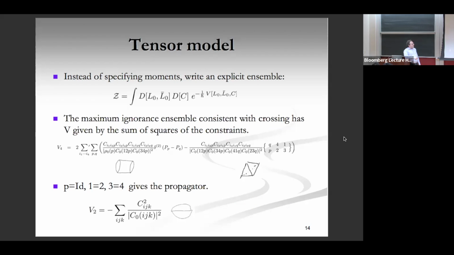And then there's one special case: the identity operator we include explicitly. We're not integrating over the weight of the identity operator, we include it explicitly. So that gives a term here from this piece, which turns out then this thing simplifies and it gives this expression. So we have a propagator with this kind of contraction structure. It's a propagator because it's quadratic in C. It has the wrong sign, but that's our propagator. It has the wrong sign because C equals 0 isn't the solution of crossing.